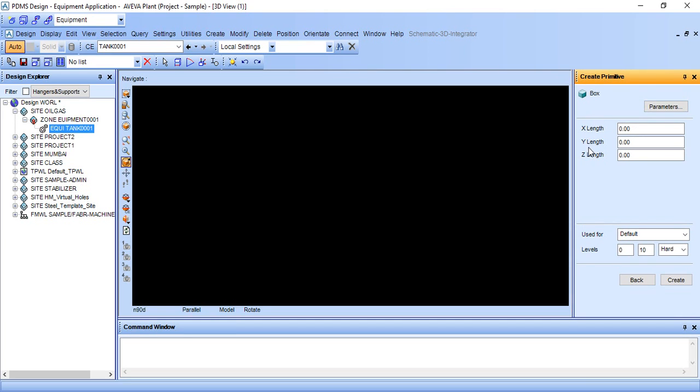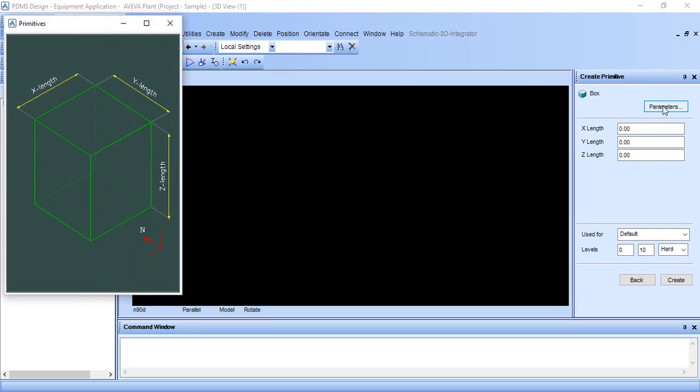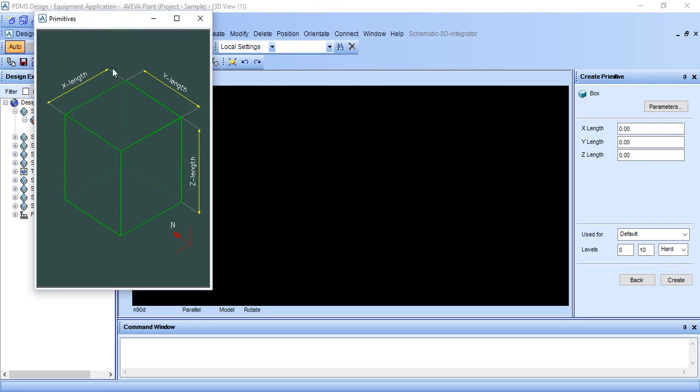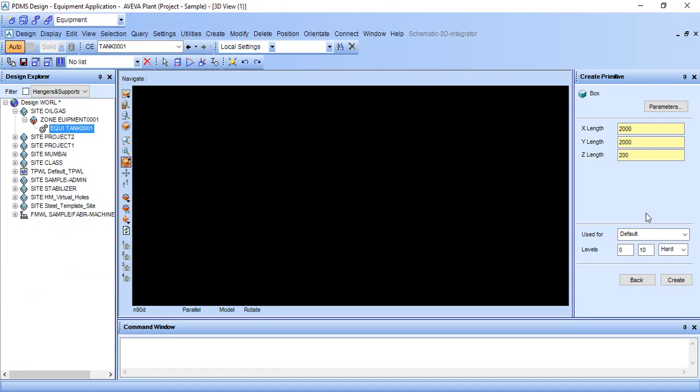Here is X length, Y length and Z length. So we can see the parameters here. We are taking X length 2000, Y 2000 and Z we are giving 200 mm. So here I am creating.